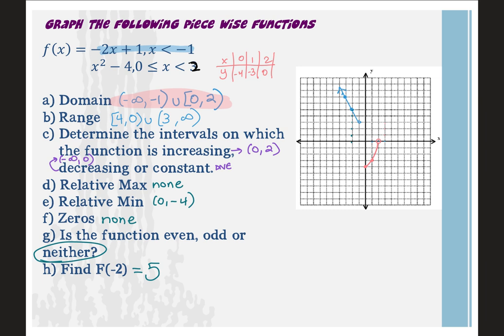And then your range, if you're going from bottom to top, the lowest y was -4. It's a bracket. That should be a negative. I think I erased it. -4. Okay. And it goes up to 0, but it doesn't include 0 because it's an open dot. And then it stops. And there's nothing until you hit 3 again, but it's an open dot, so it's a parentheses. And then it goes to positive infinity. So you will get piecewise functions, and you're going to have to evaluate them. If you did not